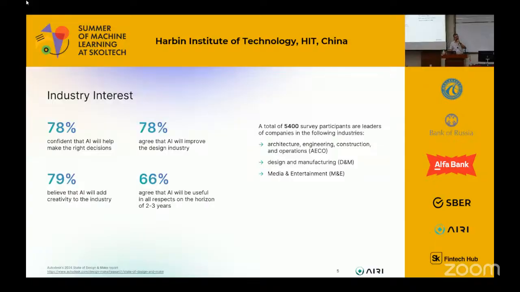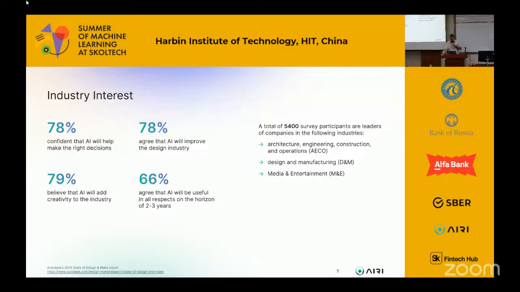When we started to analyze this topic of generative design, we started to develop this field in January, actually, of this year, with a bit of a dive in November or October of 2024. We started to find out what information we can find about generative AI or AI instruments that can be used or can be applied for the tasks of construction. And we found a report of Autodesk, and there is a link on the bottom of the slide, which took more than 5,000